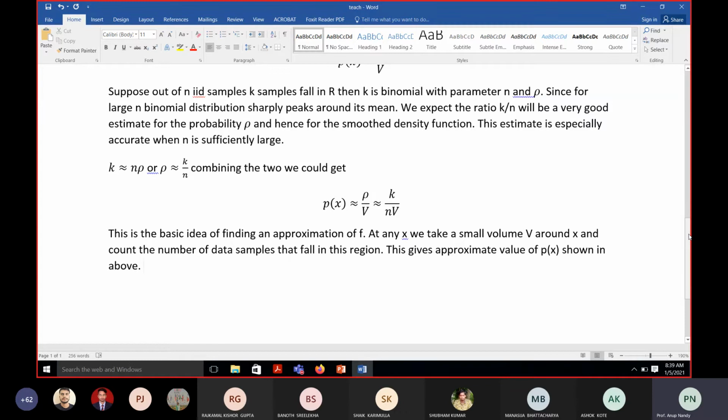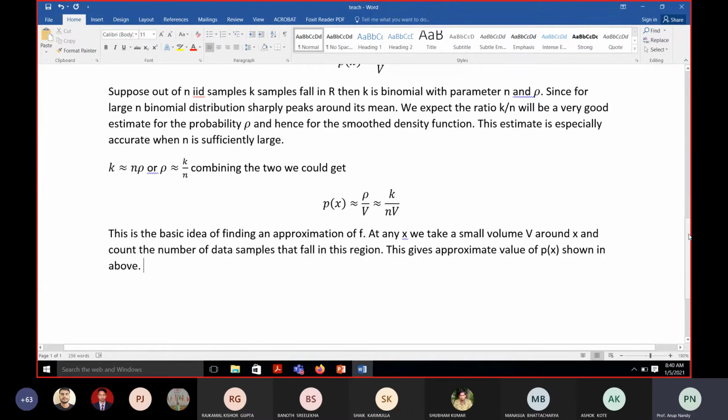So that is the very important thing, the basic idea of how to find an approximation of p. At any x, if we are considering this density function, one way to consider it is the histogram method. In the histogram you have different bins, and for each bin you count how many data points are needed to construct it. Over the histogram bins you have developed, if you have a functional approximation, you can have one density envelope which fits this function.